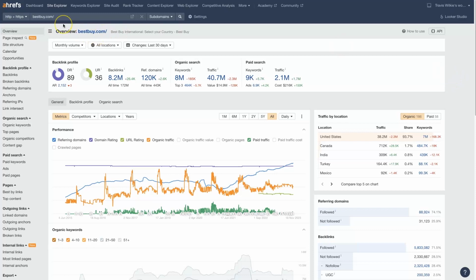So if you don't already have an Ahrefs account, you'll need to purchase a plan and be able to get in and use this stuff. But once you get signed up, if you just put a website domain into the search bar up here and click search, it's automatically going to take you to the Site Explorer, and you're going to see an overview here. Now you can dive into all this different stuff to see more of what's going on. But this general overview typically gives quite a bit of information and a pretty succinct picture of what's actually happening